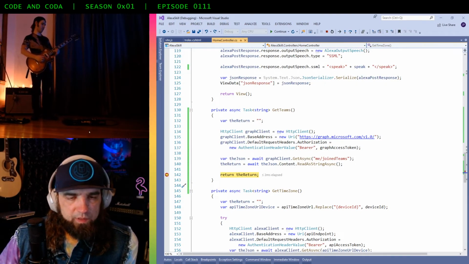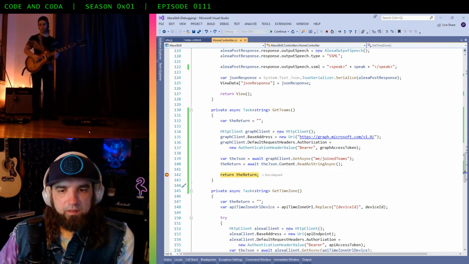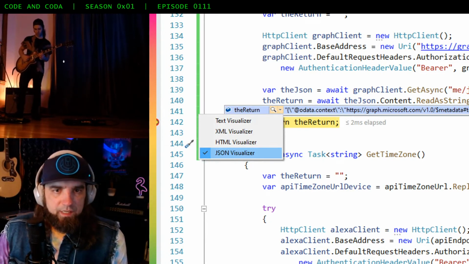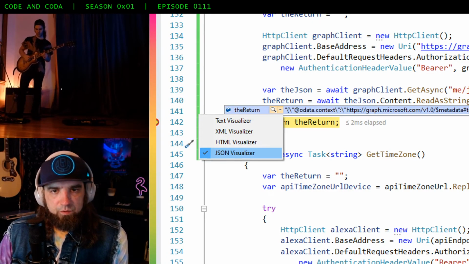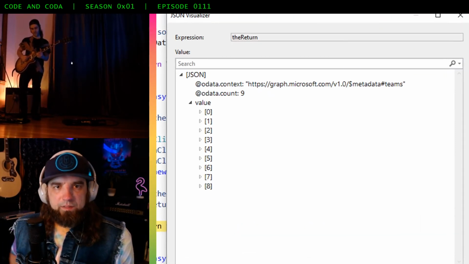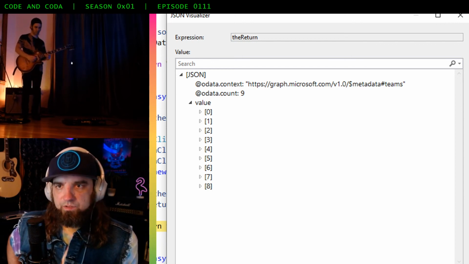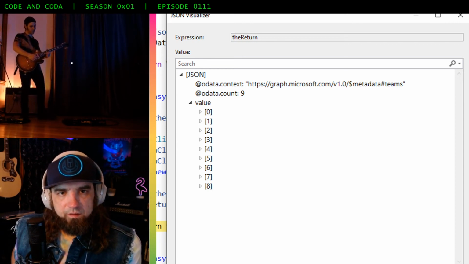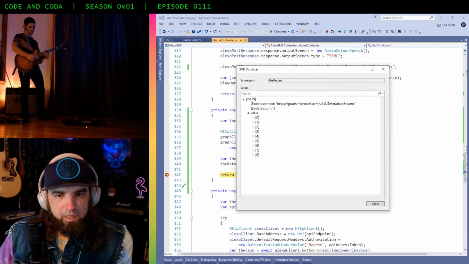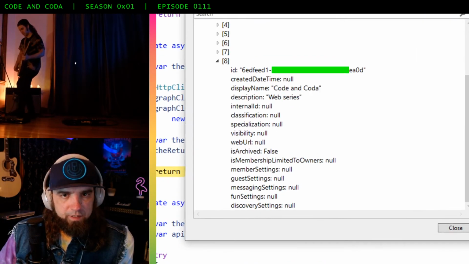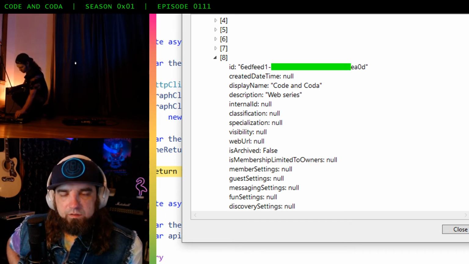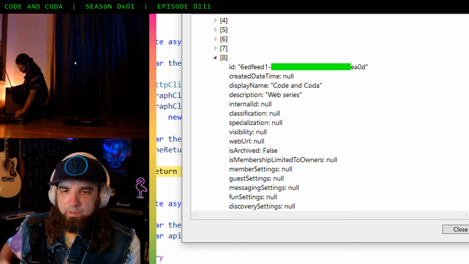I put a little breakpoint there before exiting the function so you can see the return data if we open it in the JSON visualizer. Here we are. This is what's sent back to us. I am a member of 9 teams on my tenant. So the data was sent back to us as an array. And when I open up the last item in the array, you can see Coda is one of the teams that I'm a member of.